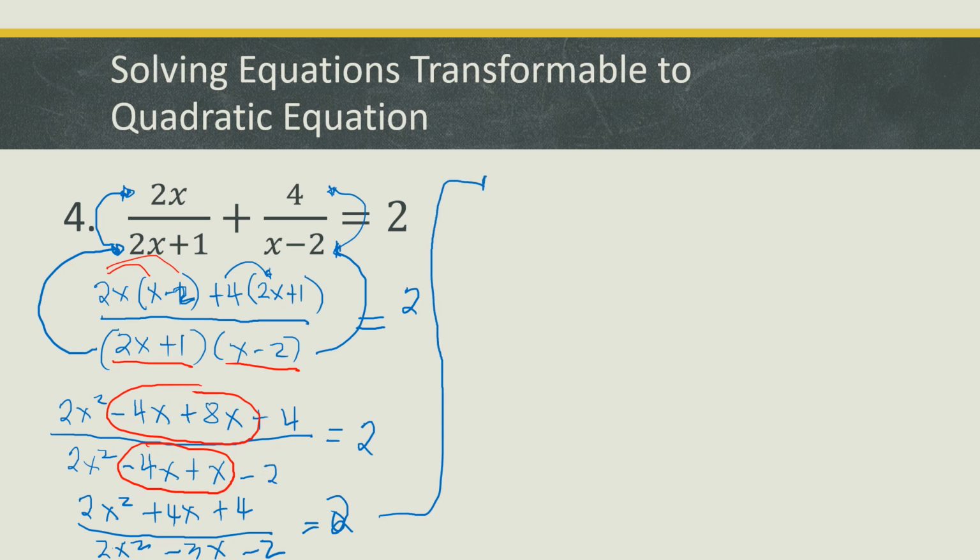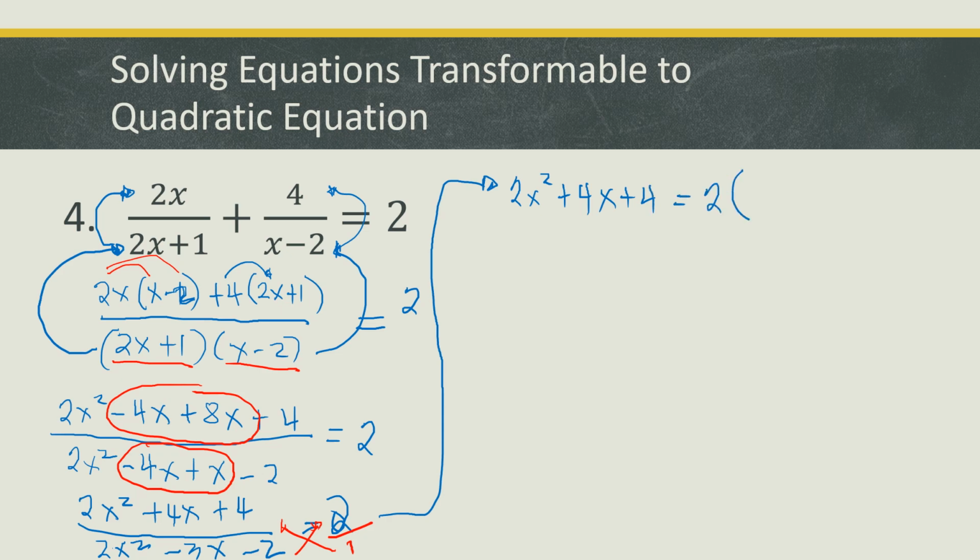Okay. So since we do not have again the denominator for the other side of the equal sign, we will use 1. And then again, cross multiply. So 1 times 2x squared plus 4x plus 4 is 2x squared plus 4x plus 4 equals, we will multiply 2